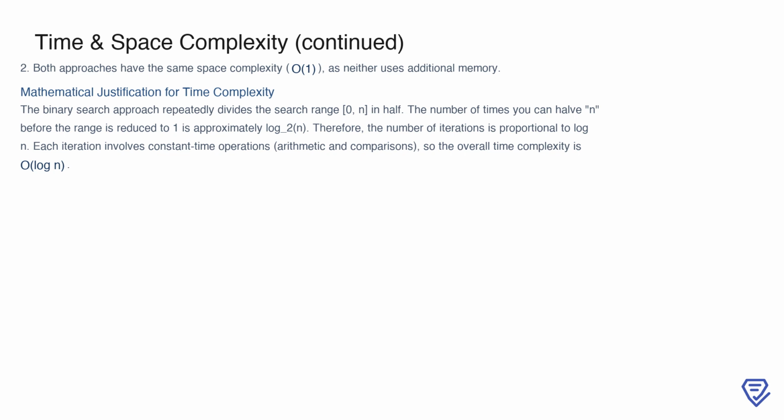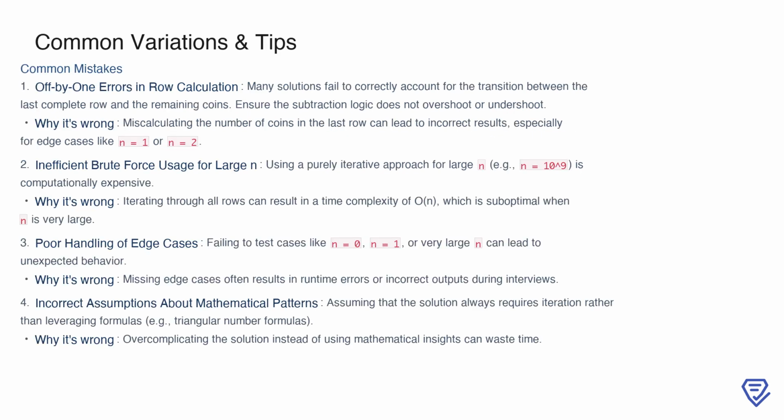This combination of logarithmic iterations and constant time operations makes the binary search method both optimal and scalable for this problem. When solving the arranging coins problem, there are a few common mistakes to watch out for. First, off-by-one errors in row calculation are a frequent issue. This typically happens during the transition between the last complete row and the remaining coins. Missteps here can lead to overshooting or undershooting the correct result, especially for small edge cases like n equals 1